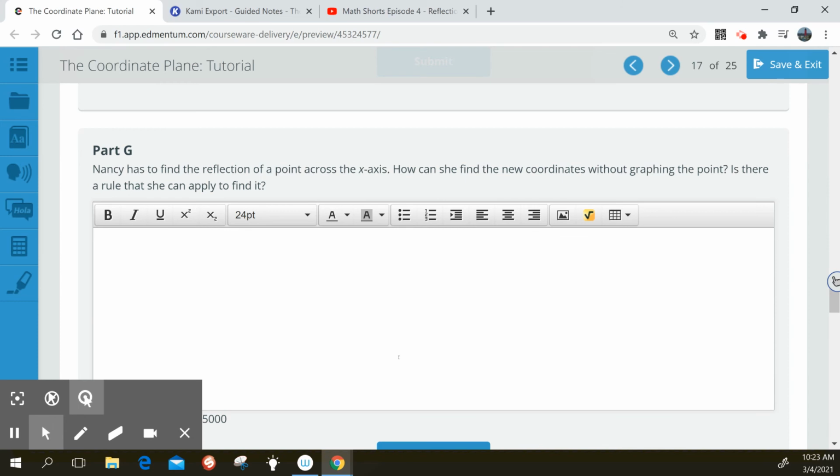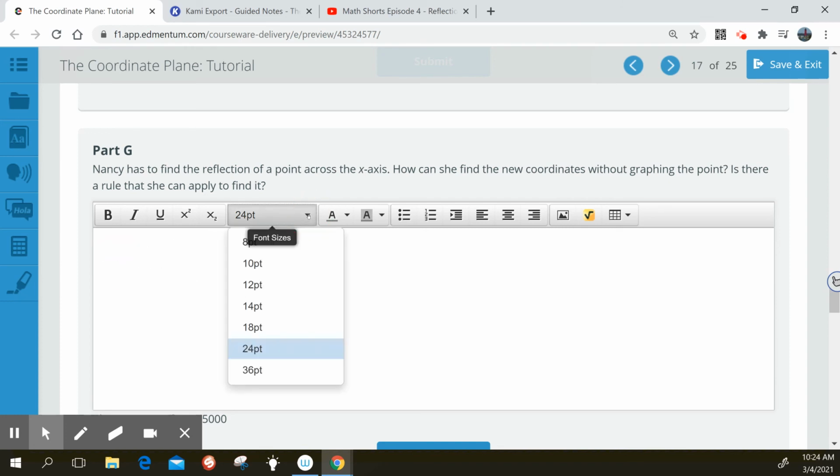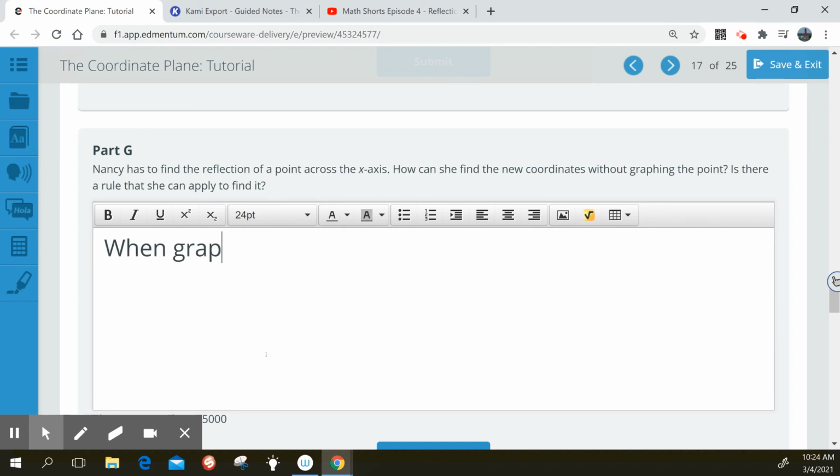Okay. Nancy has to find the reflection of a point across the x-axis. How can she find the new coordinates without graphing the point? Is there a rule that she can apply to find the new coordinates? Okay, so our rule for reflecting across the x-axis, let's do that. Reflecting across the x-axis,